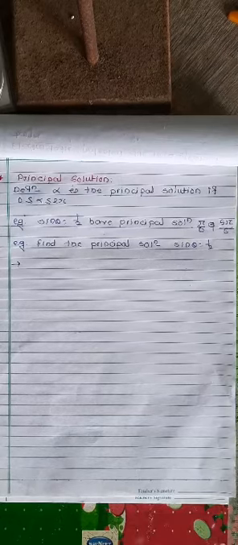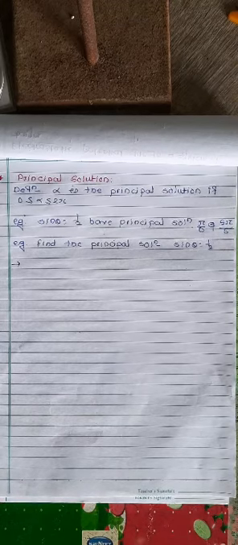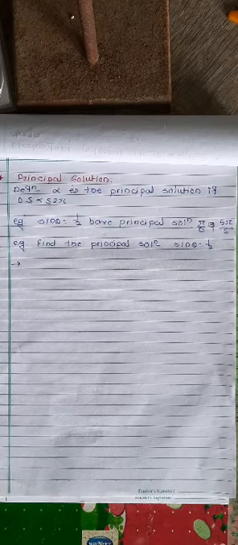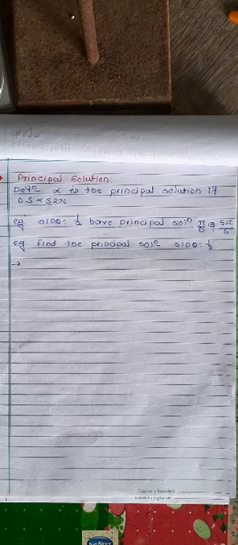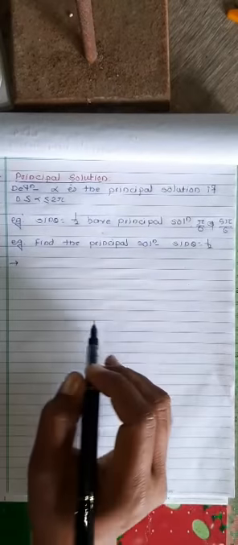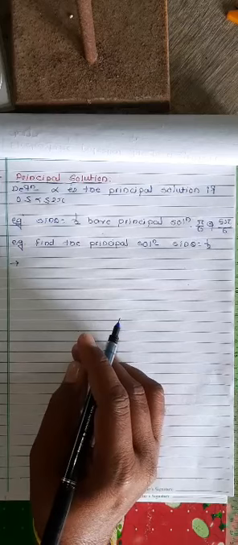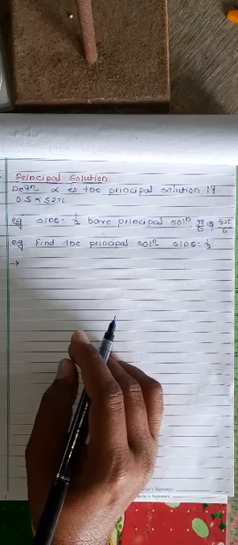There are two types of solutions of trigonometric functions. First, the principal solution of the trigonometric function, and the other, the general solution of the trigonometric function. In this topic, we discuss only the principal solution. If a trigonometric function has two or more solutions, then the one in a specified range is called the principal solution.